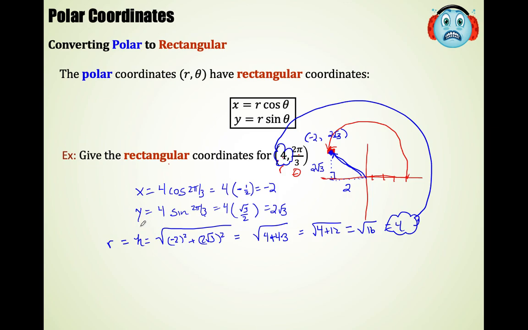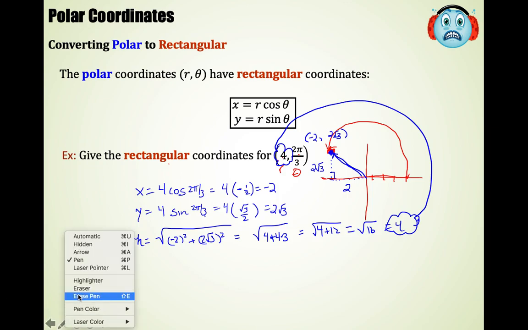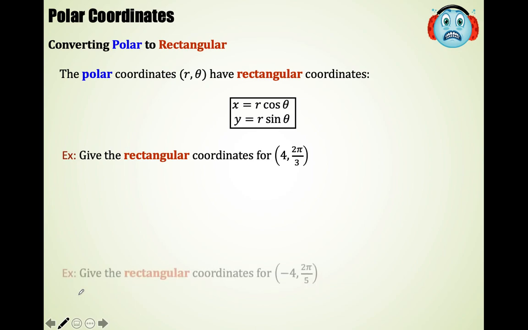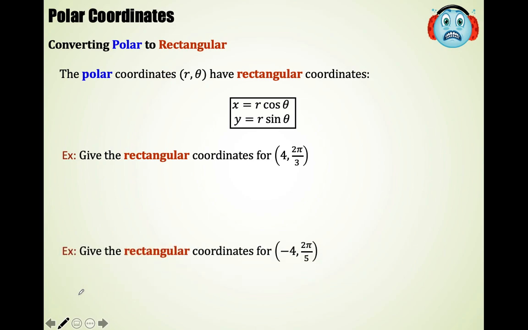Crazy. All right, here's one for you to try. I'm almost done. Give the rectangular coordinates for this one. Now notice this arc was special. You're supposed to know that from trig, right? Speed, trig, unit circle, all that. You also need to recognize this is not special. So this one you need to know. This one you can use your calculator for. So the rectangular coordinates are